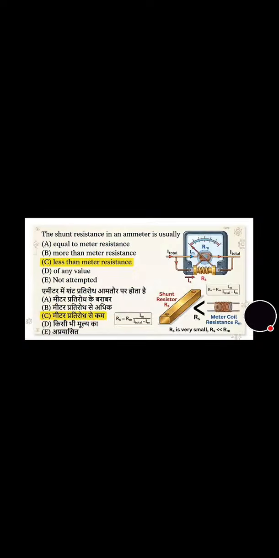नाउ मूव टू द नेक्स्ट क्वेश्चन, द शेप ऑफ वार्निंग ट्रैफिक साइन इज। आप देख सकते हो फोटो में भी ट्रैफिक साइन का बोर्ड ट्रायंगुलर शेप में होता है। नाउ वी विल मूव टू द नेक्स्ट क्वेश्चन, दिस इज ऑल्सो वेरी इजी। द शंट रेजिस्टेंस इन एन एमीटर यूजुअली, इसका आंसर है ऑप्शन सी, लेस देन ए मीटर रेजिस्टेंस।